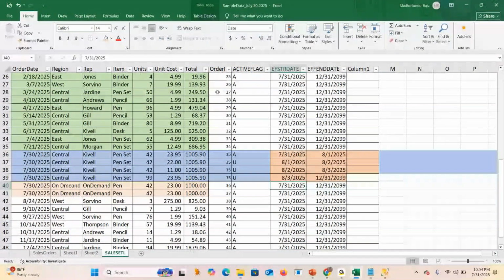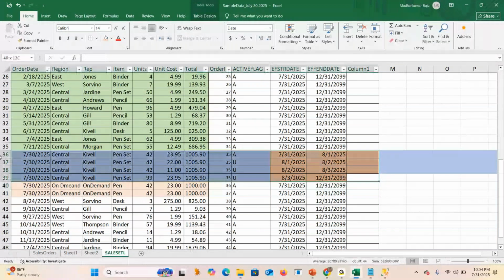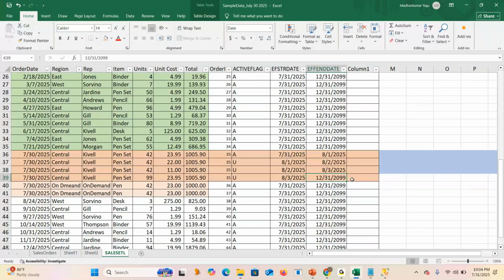Guys, clear? See, I have four updates. Out of four updates, only one record has the effective end date 12/31/2099. I have three updated records and one new record. So the first record is the current record, and the others are all updated records.